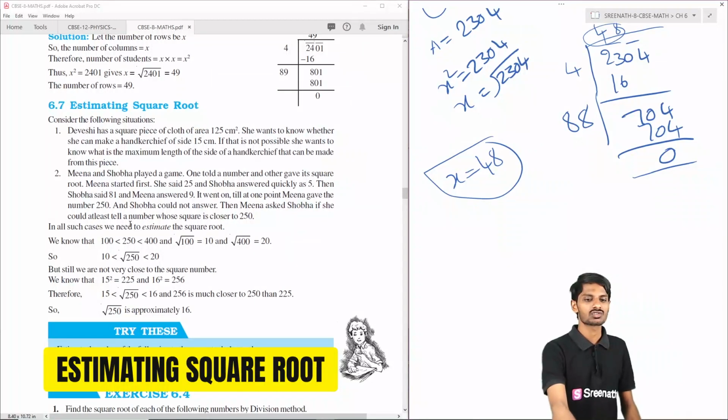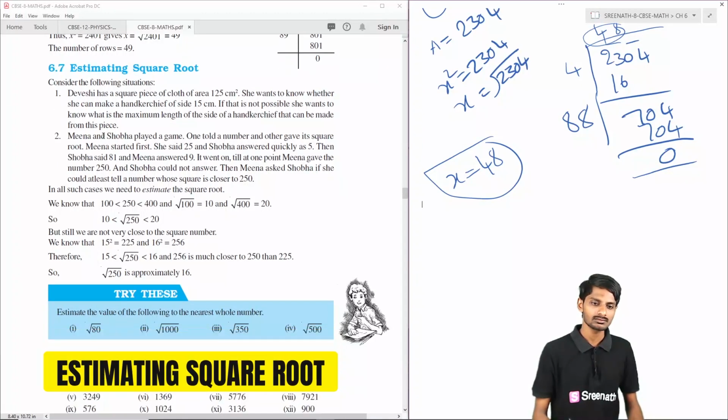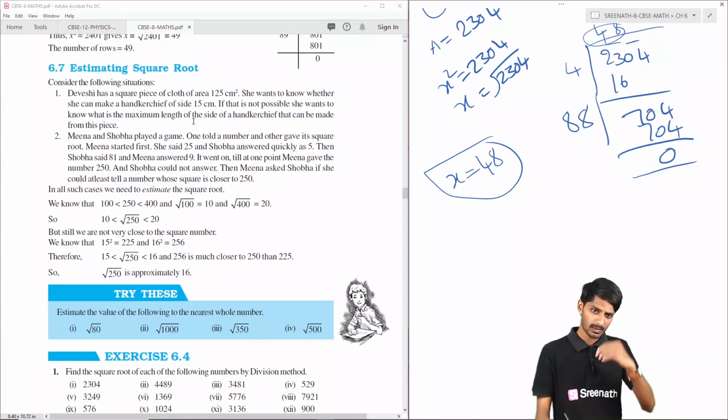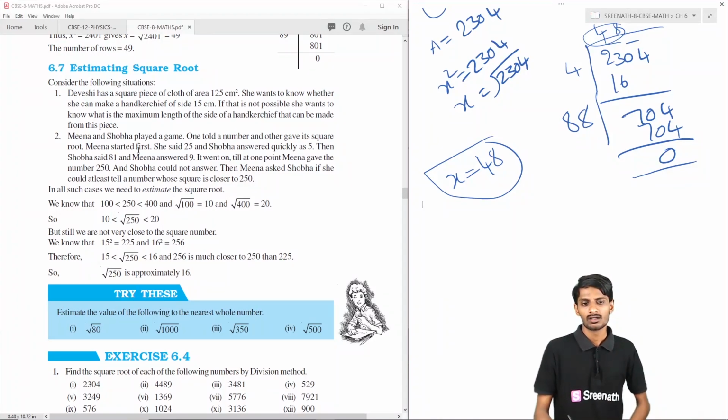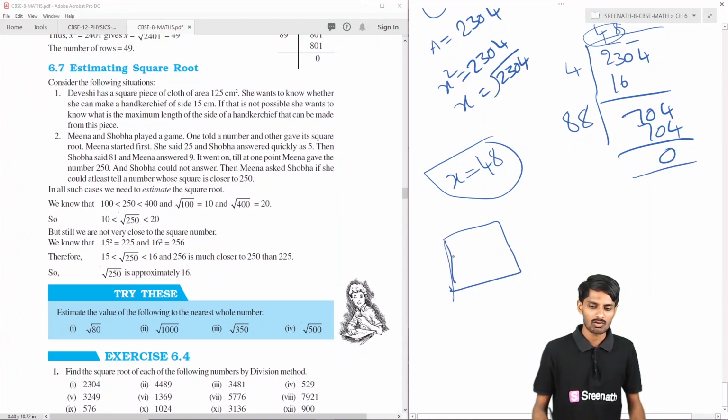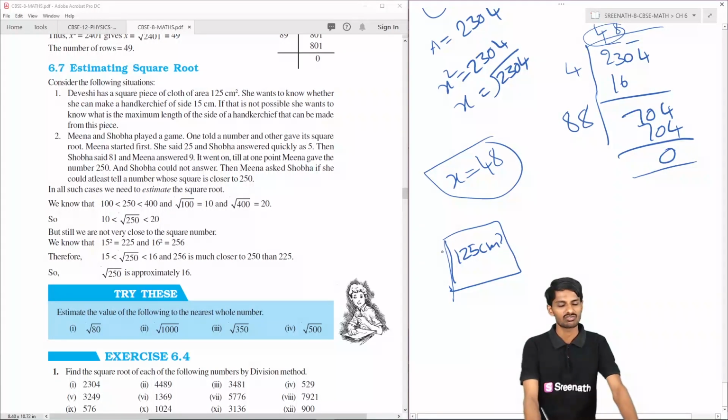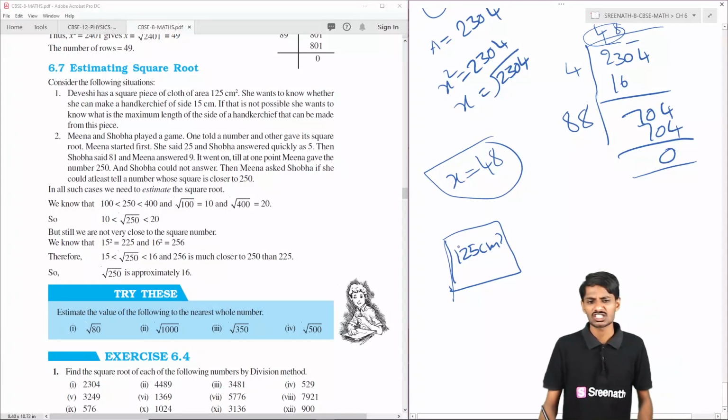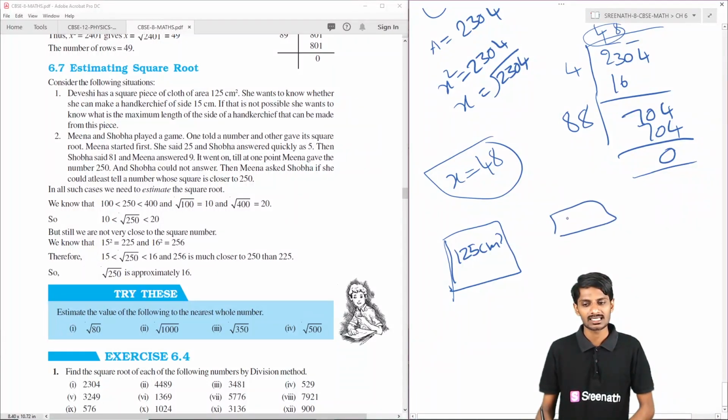Next thing is estimating square roots. How to estimate square roots? Here there are two situations, students. Devashi has a square piece of cloth of area 125 square centimeters. She wants to know whether she can make a handkerchief of side 15 centimeters. So if you want to make a handkerchief whose side length is 15 centimeters,